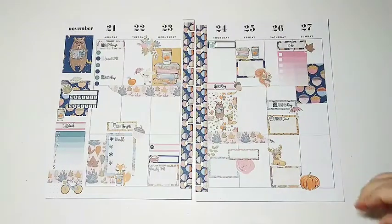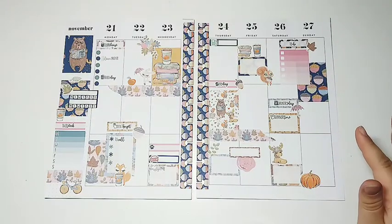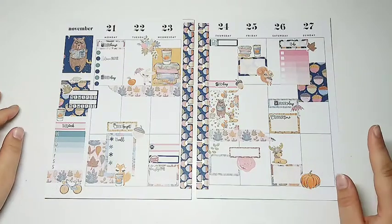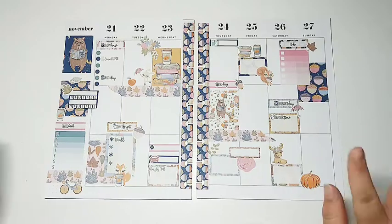Everyone, and that is it for this week's plan with me. I really hope you guys enjoyed it. I had a lot of fun putting this spread together and using all the different elements that PlannerKate has. I love this kit so much, and I think it's just gorgeous, and I'm pretty sure she still has it